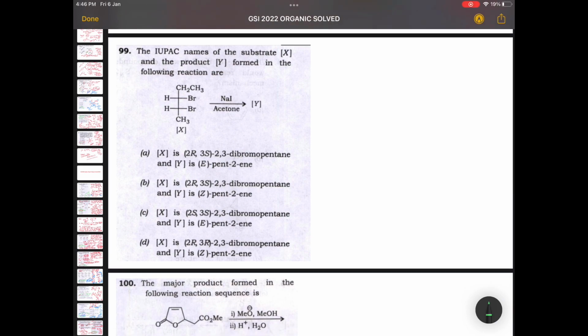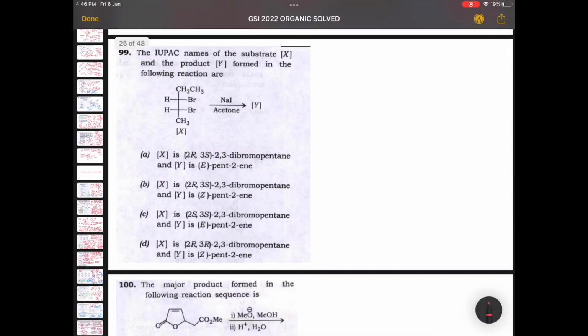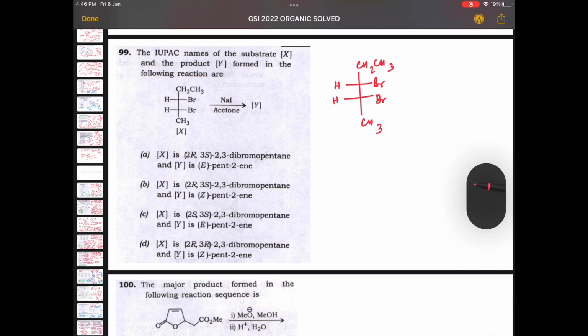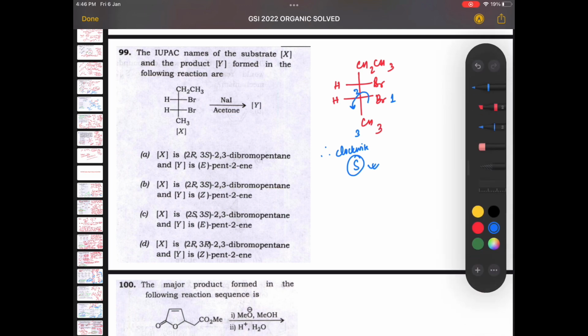So let us check out this question. Okay, so we have to find out the IUPAC names of the substrates X and Y in the following reaction. Let us first do the IUPAC name. As we can see, the least priority is in the horizontal direction, and bromide is 1, the above group is 2, second priority, and the third priority is methyl. It is going in clockwise,